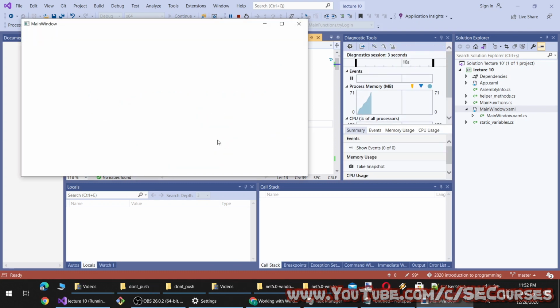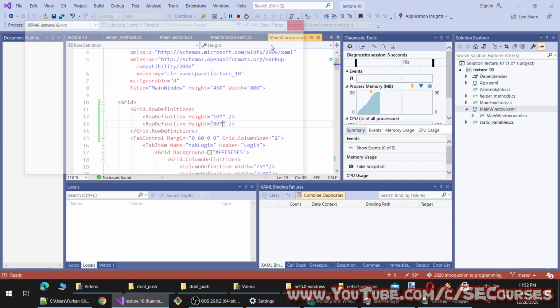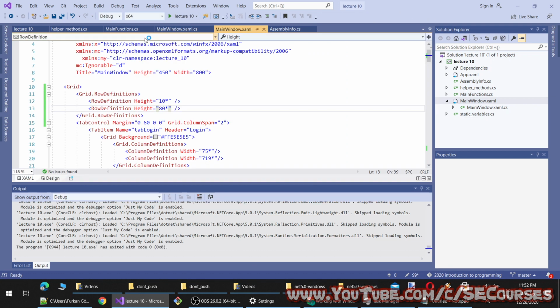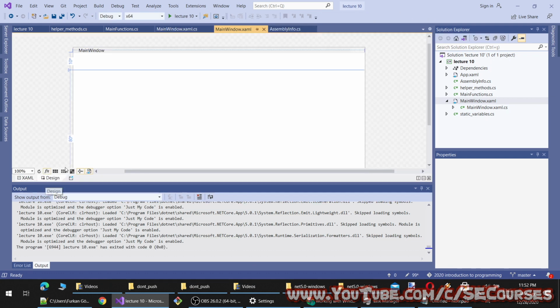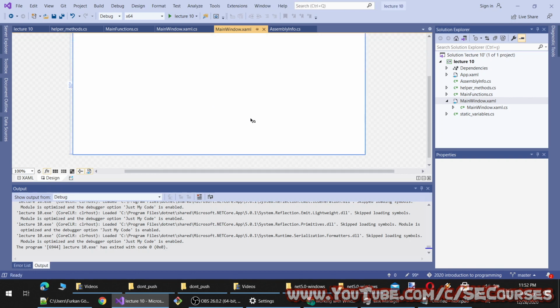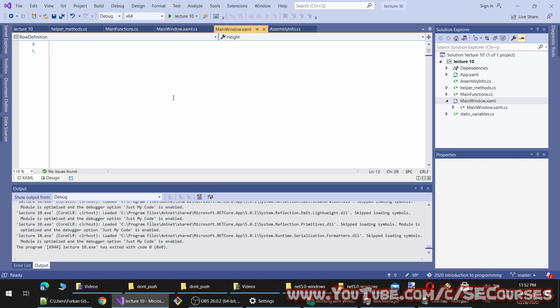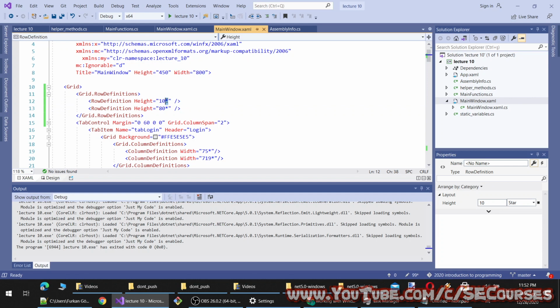But there we have margins as well. They are not visible. Why? Let's make it like this.